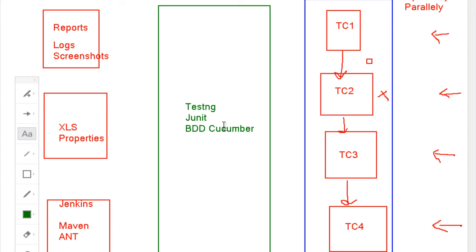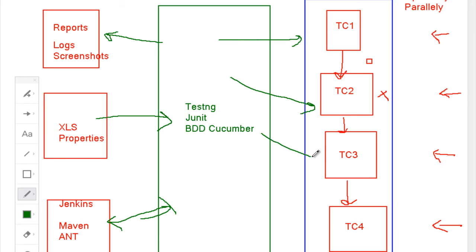A lot of tools are there. These frameworks act like a centralized controller. They generate the reports and screenshots, read the data from an Excel file, help you coordinate with Maven, and invoke the test cases in a certain order, in serial order or in parallel. They can help you run the test cases optionally as well. So TestNG, JUnit, Cucumber, all of these do this.